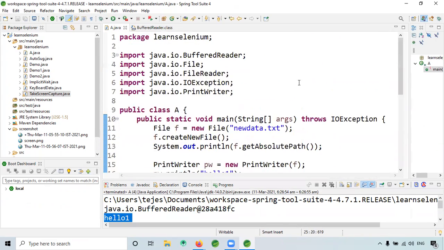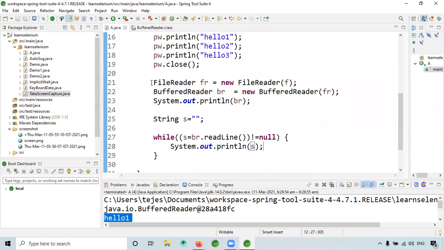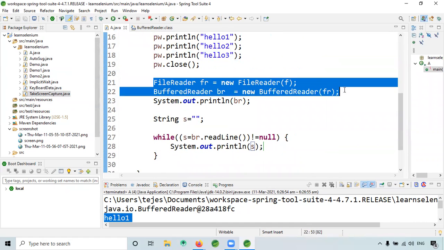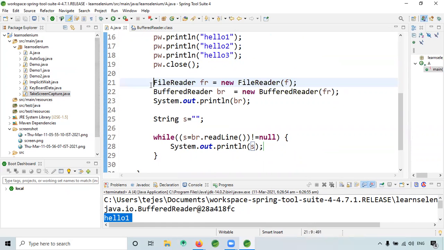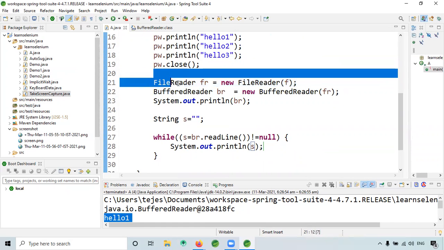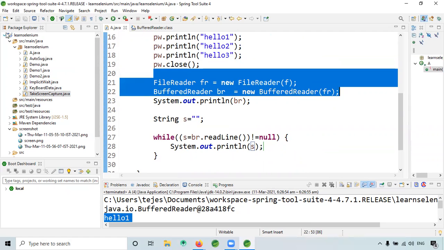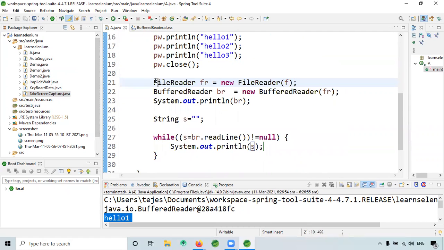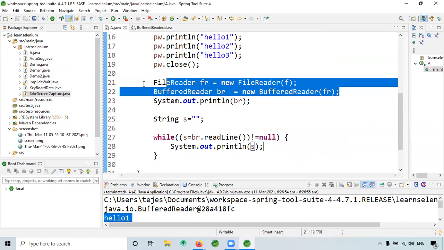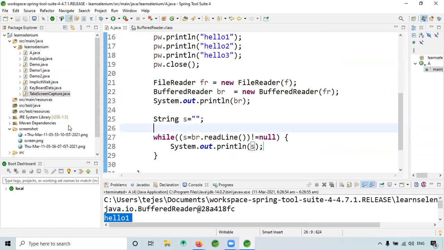In core Java, these are the things we have to use. But in Selenium there will be separate methods. But again, the file, new file, like that, the methods will come, the same thing there also. Buffer reader won't come, because when you're dealing with Excel, at that time you use different methods. That we will see in one of the classes, we'll learn how to read the data from the Excel.